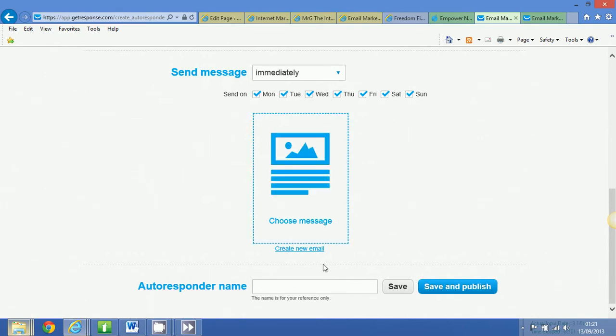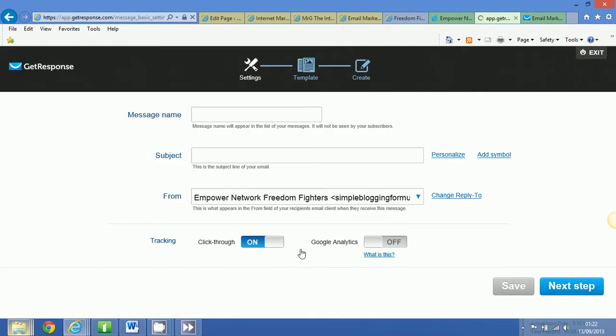And there we can go to create the autoresponder name. It says here it's for our reference only, so we call it welcome mail, and then we hit the button here to create a new mail. Now we'll call the message welcome mail, and the subject can be welcome to the Freedom Fighter Club